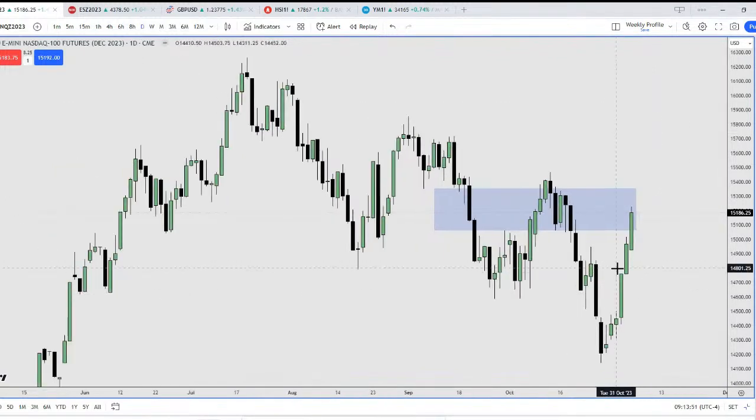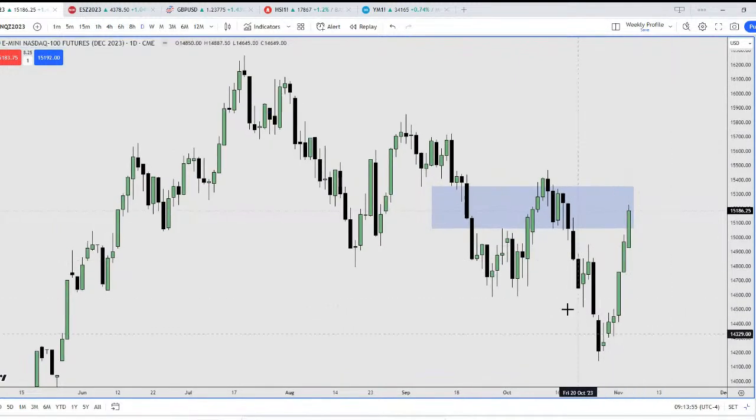So far I am thinking, in my opinion, that this is a stop hunt and we are going to go higher from this low here. So this is basically the bottom. Okay, but because of the current environment that we are in, and because of the conflicting idea with the dollar index, I am going to be a little bit more cautious, leaning to the bullish side of the market.